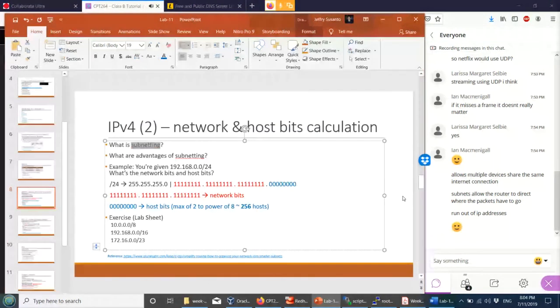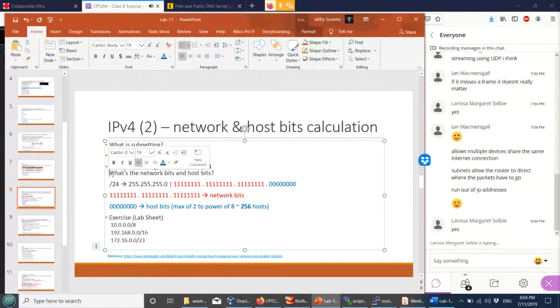Okay. And this is a common question that you might be asked on your exams. Let's say you're given a subnet mask of /24, and you are asked what the network bits and the host bits are. So remember that if that's the subnet mask /24, it'll be